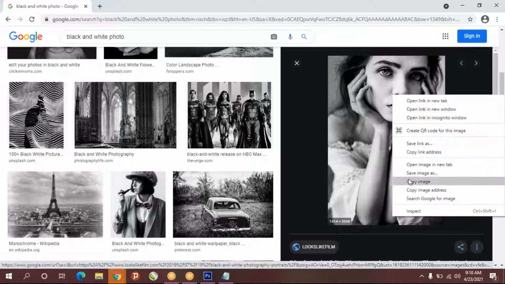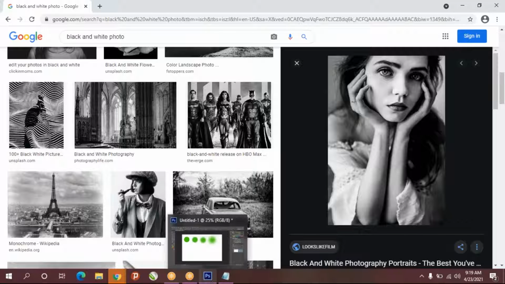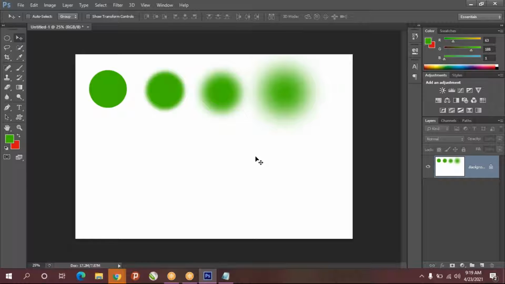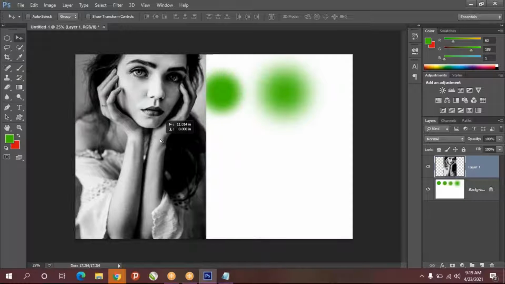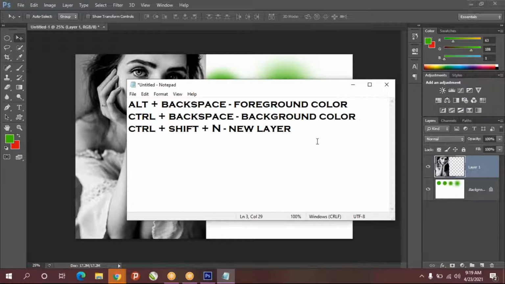Yeah, I'll take this photo, copy image, and go to this, Control V, paste it, so automatically it will be pasted. I want to compare before and after, so I'll make one more duplicate. This entire layer which I imported, I'll duplicate. Control J for duplicate. So instead of copy paste, you can do Control plus J.